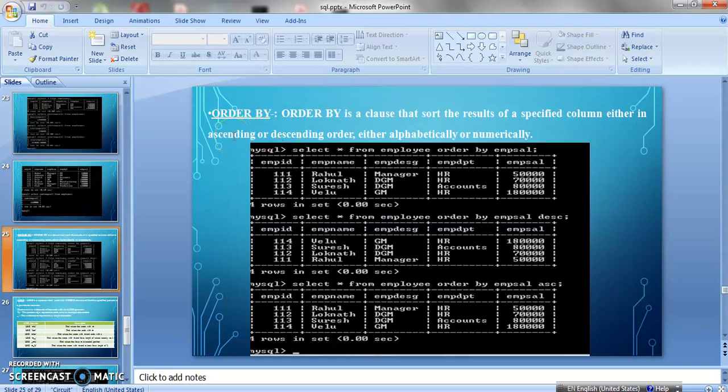Ascending means from lowest to highest, and descending means from highest to lowest. And it can rearrange the data either alphabetically, like A, B, C, D, or numerically, like numbers. So how it works, we will see via practical work.